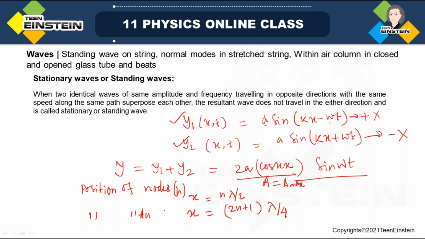Nodes are denoted by N, as you have seen earlier also. Antinodes are denoted by A. So the position of the antinodes will be (2n+1)λ/4, that means odd multiples of λ/4. So these two conditions we will keep in our mind and try to analyze